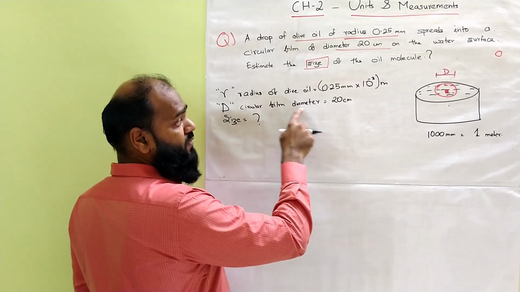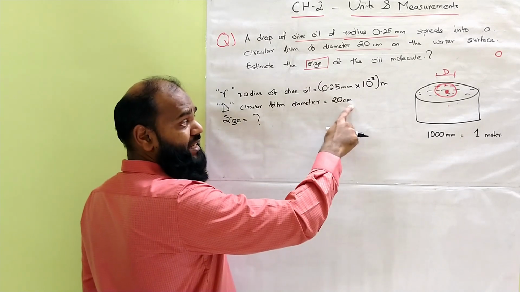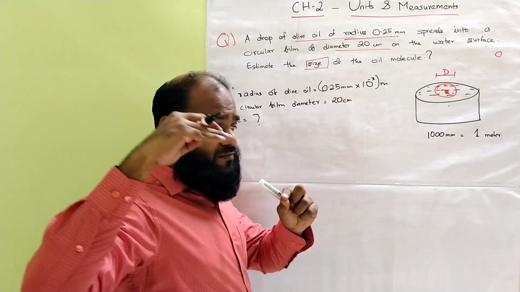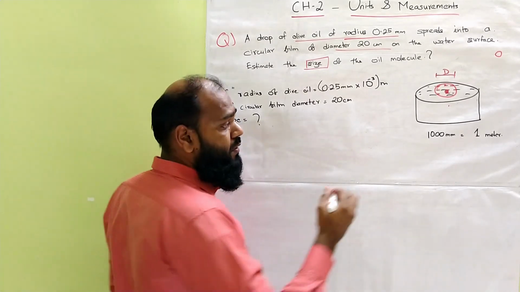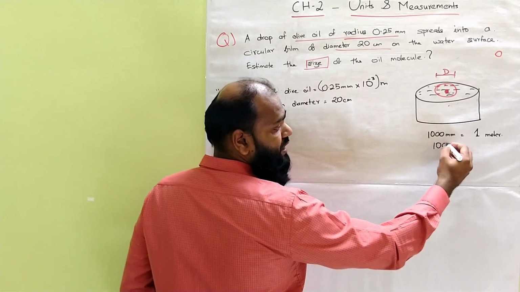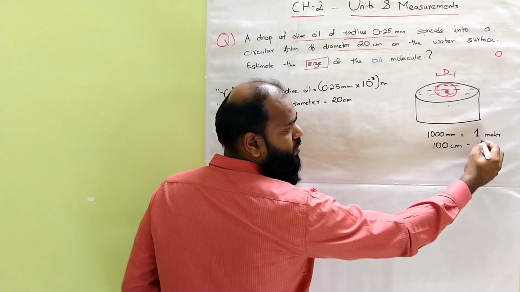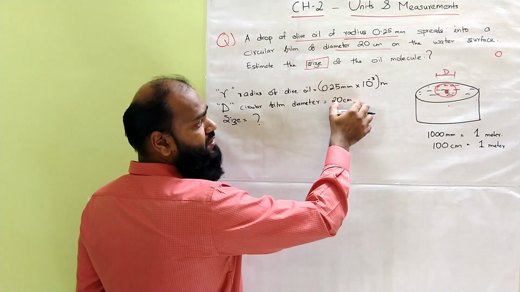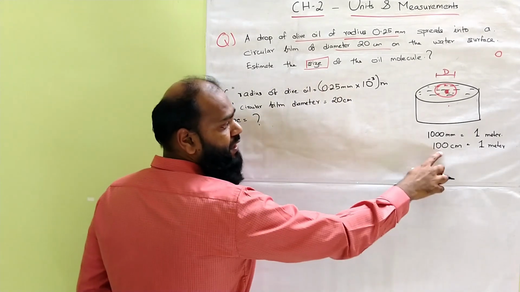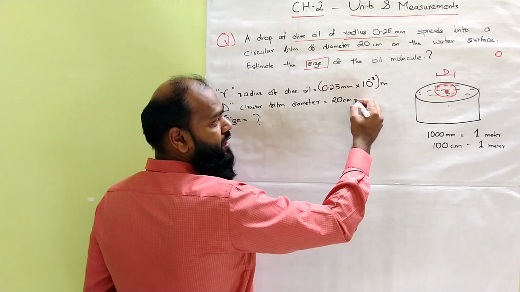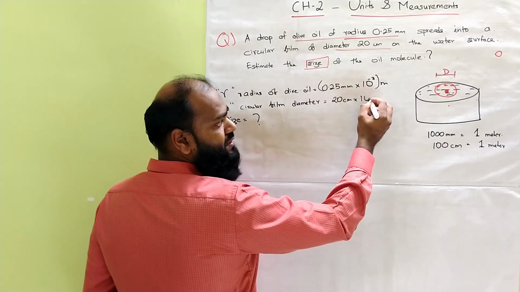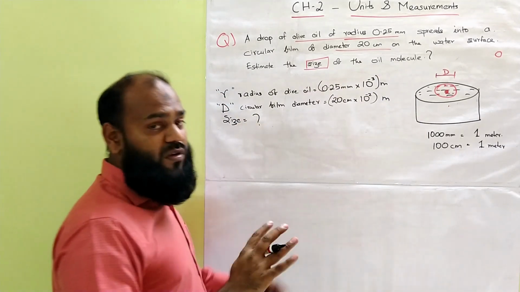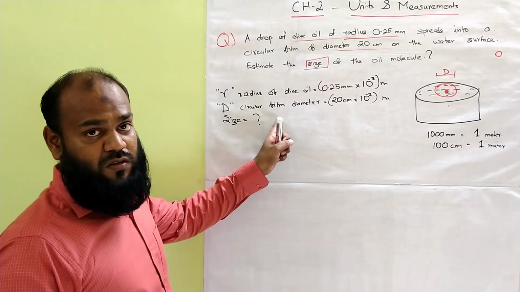Again, D is the circular film diameter, 20 centimeter. Now I need to convert centimeter to a bigger unit, meter. I need to divide. Divided by what number? We know that 100 centimeter equals 1 meter. Therefore, if I divide this term by 100, I will get meter. Dividing by 100, I can also write it as 10 power minus 2. The whole thing has been changed to meter. Now we are safe with the unit conversion, and now let's solve the problem.